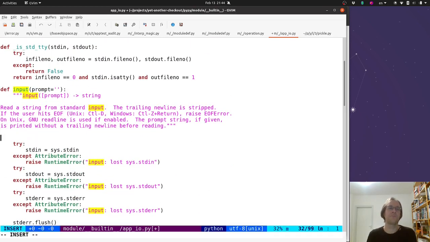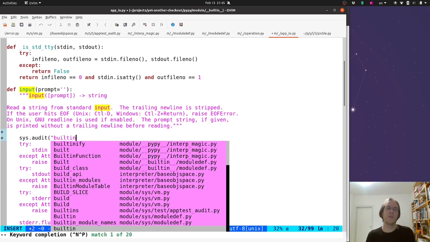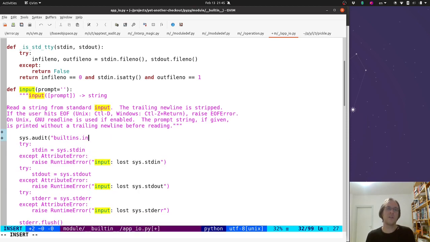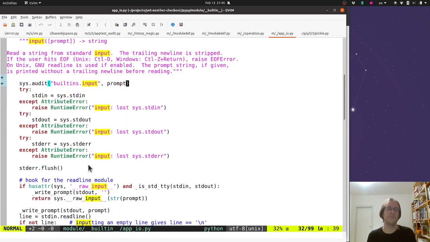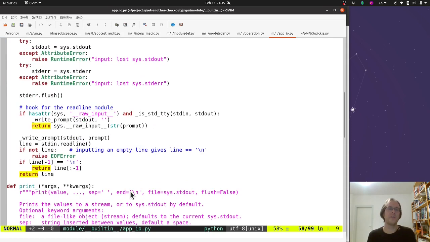Here. This is .audit built-ins.input, comma, prompt, and where are the returns? Here's a return, and there's a return. Right. We can